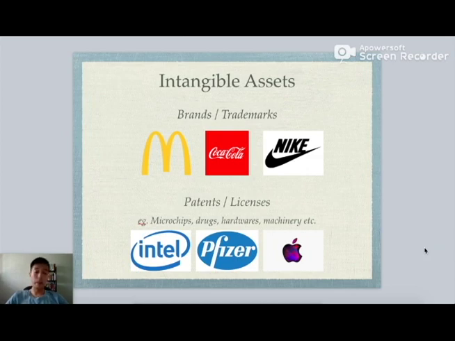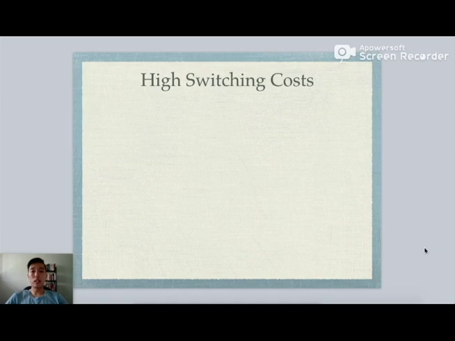Alright, so another good company will be like Apple. Apple also has some of their iPhones, their MacBooks and stuff like that patented in certain ways in terms of designs or chips and layout, so that the competitors cannot fully copy and duplicate exactly the same. Although we know there are a lot of modifications, a lot of duplications that look similar, there's nothing that actually comes close to being an exact 100% duplicate copy of it. So there are certain patents involved to protect the companies in terms of their product and their earning revenue. Right? So that's intangible assets.